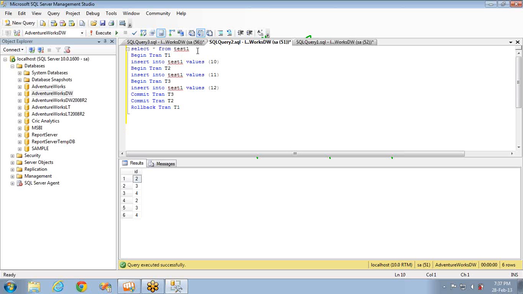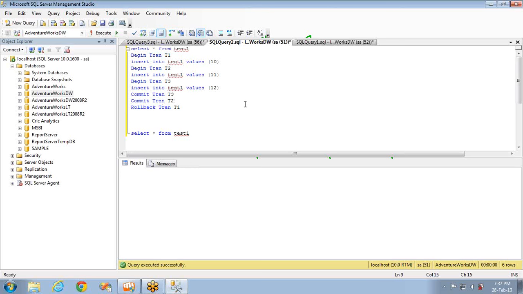So now if I execute the same select statement which is there at the top, at the end, what will be the output? How many records will be inserted and how many will be rolled back? I've committed the innermost transaction, then the next innermost transaction, and the first transaction I'm rolling back.